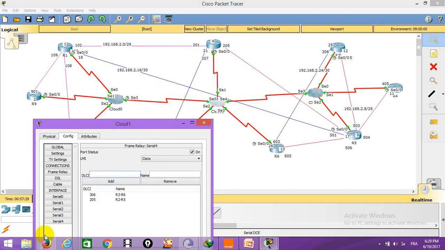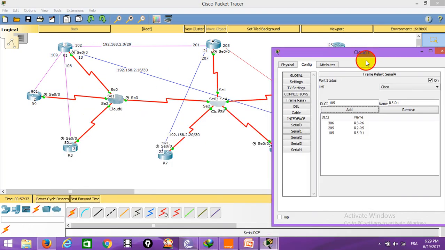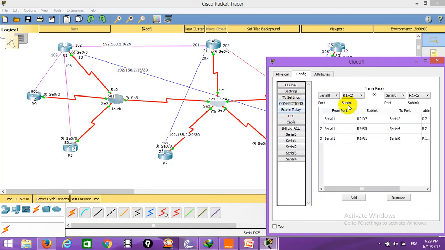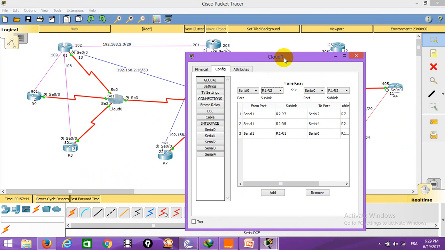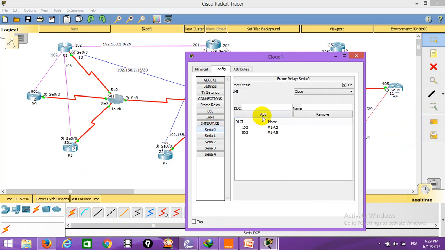So router 4, connecting router 5 to router 1. Add. Now we go to our clouds on router 0, to router, what did I do? Router 0 have